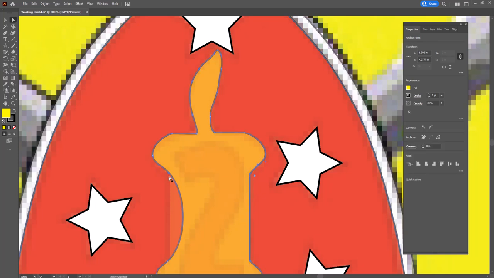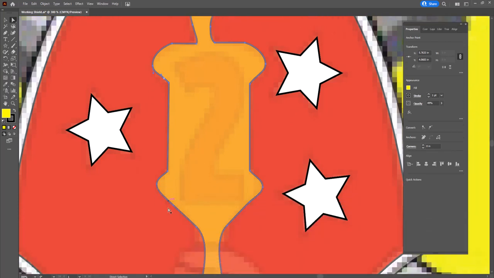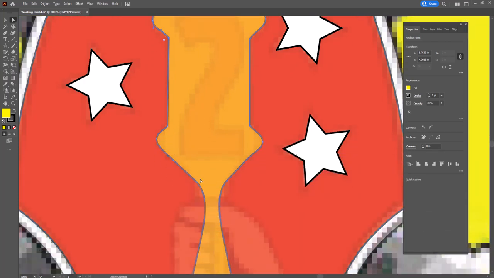I'll come back and see what they look like and see if we need to clean them up as well. All right, so it's kind of giving us that look that we want, and I'm pretty happy with that, I guess. So we'll take this anchor here and we'll straighten that one. Same thing here, straighten that one out,